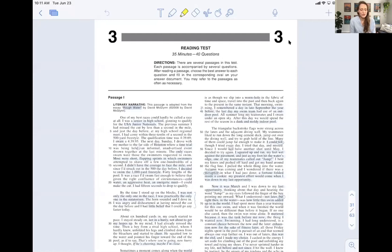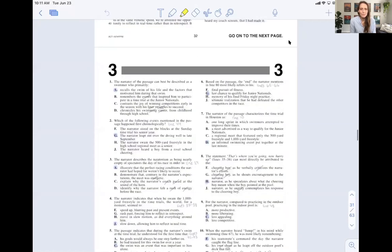Another thing for the reading section is that most of these questions reference specific parts of the passage. So they're going to ask you to go look and locate a specific answer that's mentioned somewhere in the passage. And you're not going to have time to go and hunt for that answer if you spend all your time